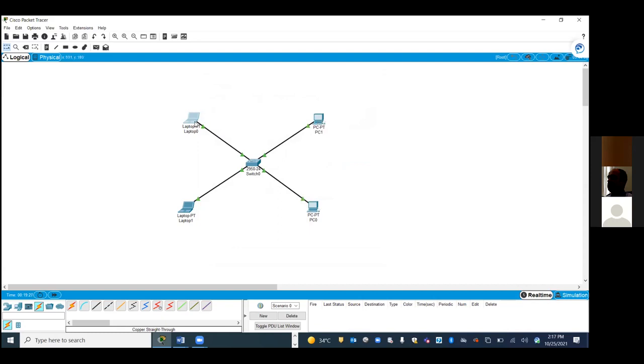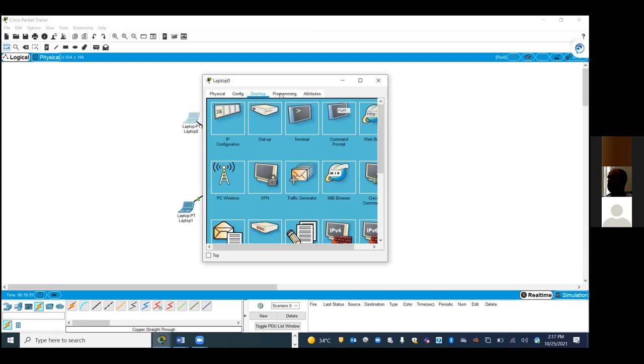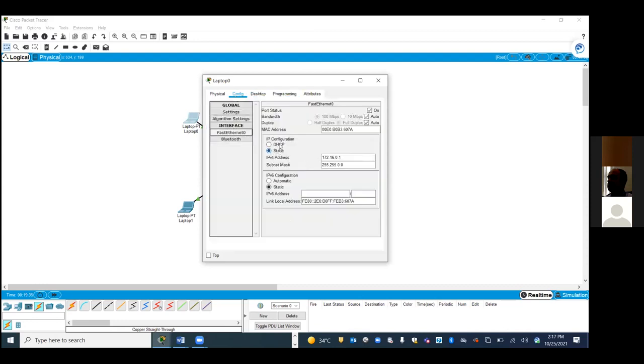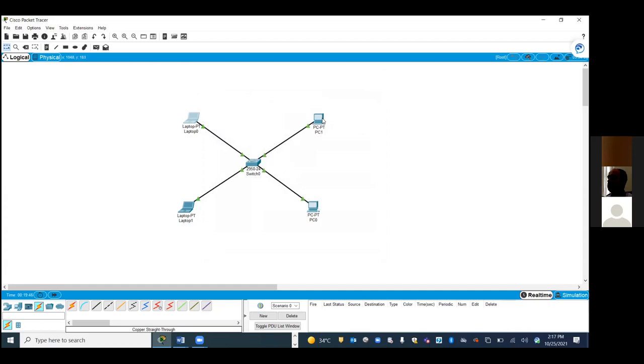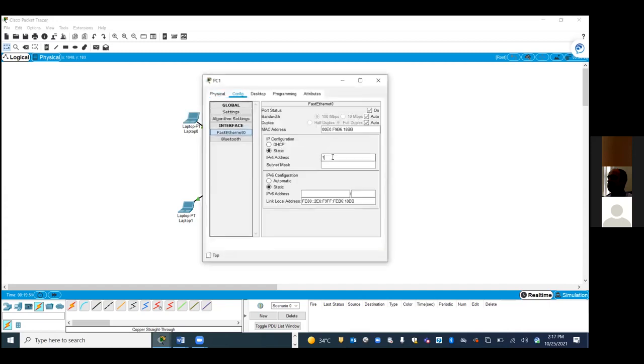No need to select DHCP, because we are not using DHCP. In the next lab activity, I will show you how to do it. You see here, this is static. When we use DHCP, somebody is supplying an IP address. Here we do not select it because there is no server to supply. So let's go to the second PC. Config, Fast Ethernet, 172.16.0.2.